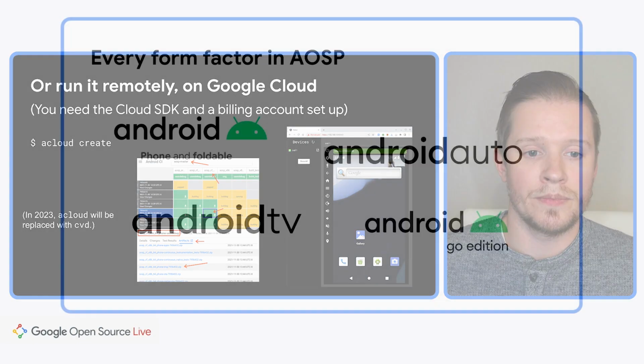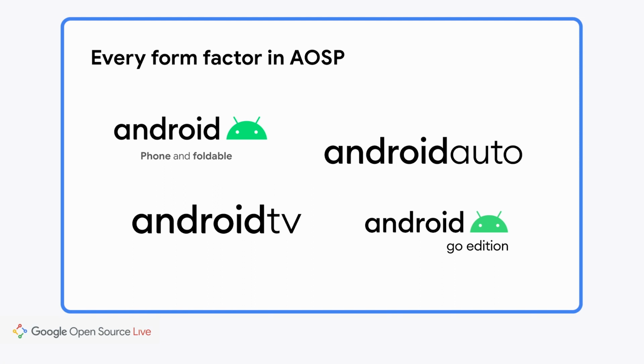So one of the new things I want to talk about this year is the fact that we've really invested in exposing every form factor of Android that's available in AOSP through the Cuttlefish virtual device. So we have example implementations, not just of the phone target that I've mentioned already, but also of a foldable device. I'll talk more about that in a moment. The Android Automotive device, Android TV, and the Android Go targets as well. So these are all supported in AOSP. You just have to vary the name of that launch target when you launch. So you can use AOSP CF-x86-64 foldable, for example, and it will build a foldable device instead of a phone device for you from AOSP.